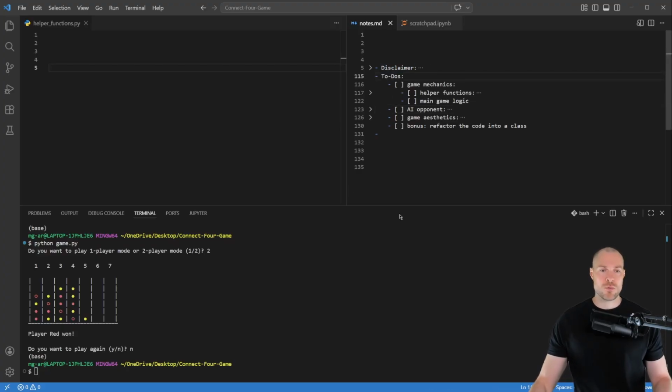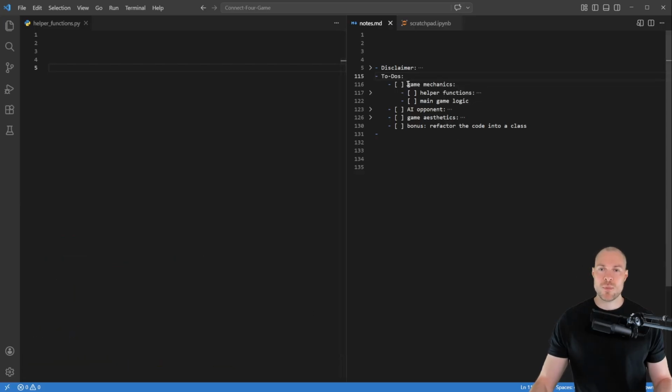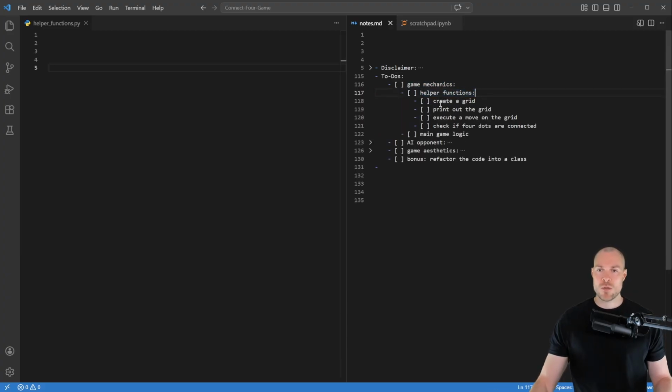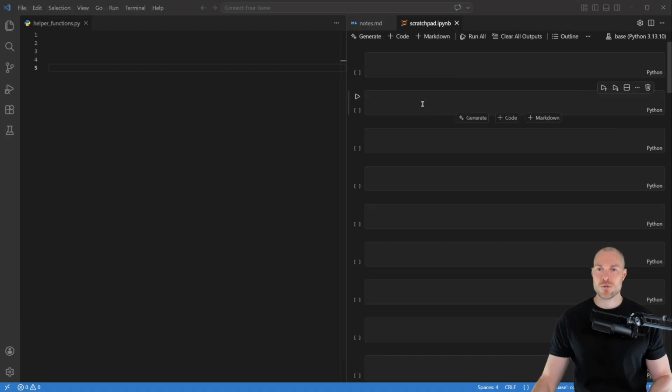And now in this video we're going to start to create this game, and therefore we're going to start with the basic game mechanics, and more specifically we're going to start with the helper functions. Namely, we're going to need a function that creates a grid, a function that prints out the grid, a function that executes a move on the grid, and then lastly a function that checks if four dots are connected. So let's start with the function that creates the grid, and we're going to represent the grid by using simply